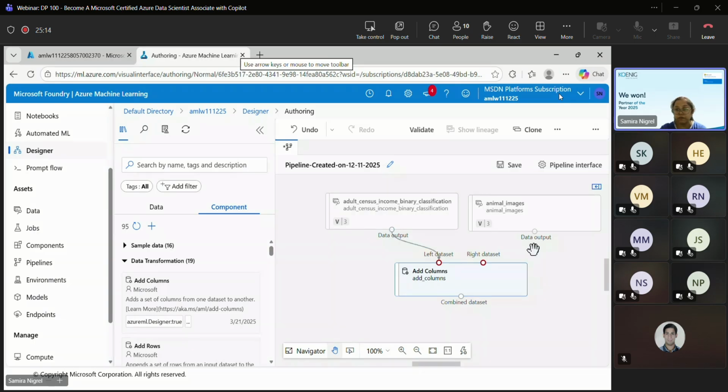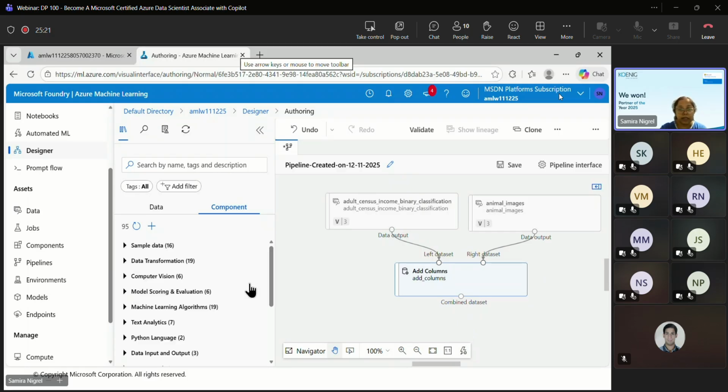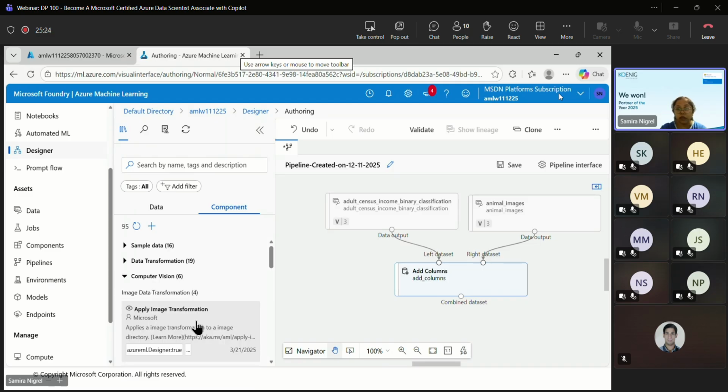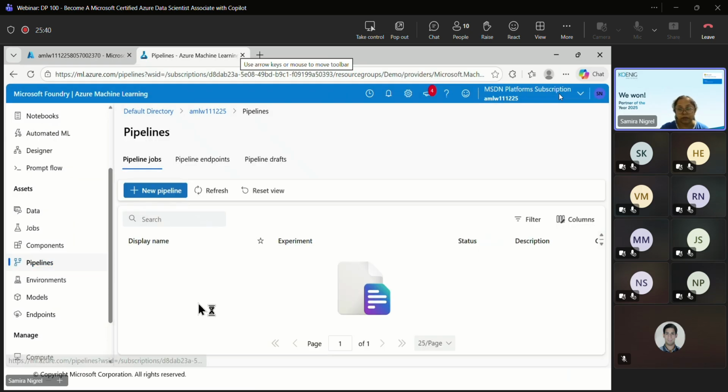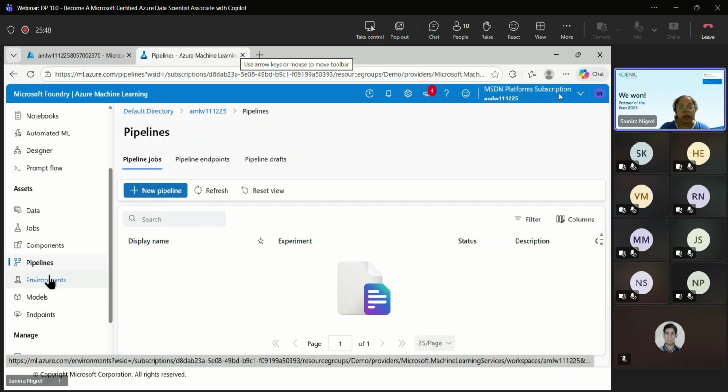I want this data as the input and this data as another. Now there will be a combined data set which I can use further down the line. Let us say I want to use it for image transformation, so output, something like that. So these are the pre-built components which I can use in the designer. Once the job is executed, that job will be executed as the pipeline. So here, the components will be attached and you will find all the jobs.